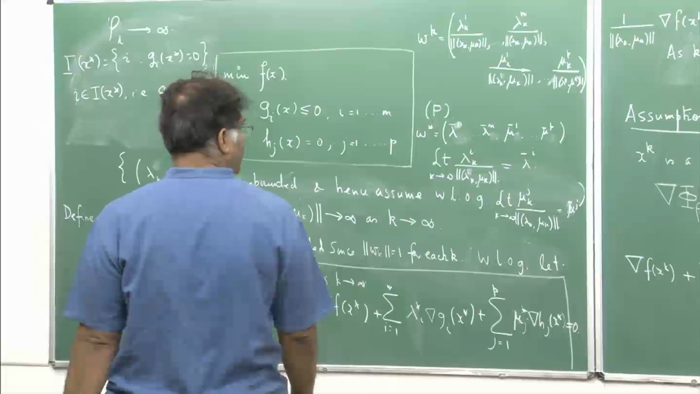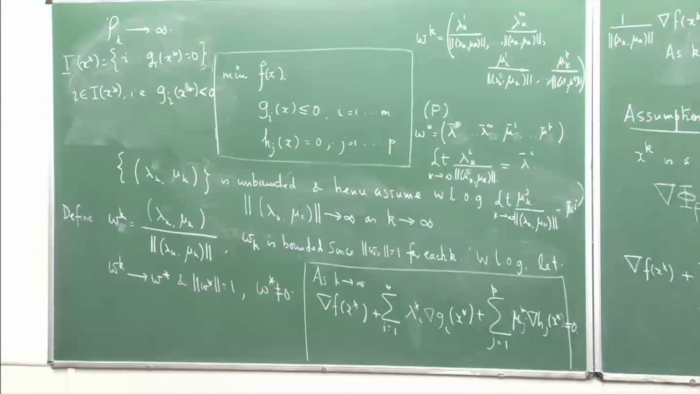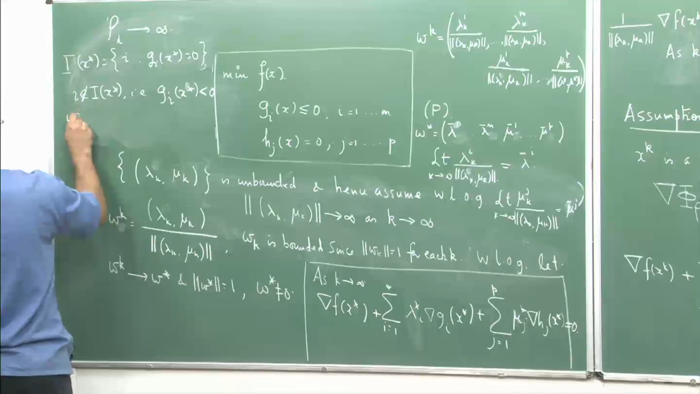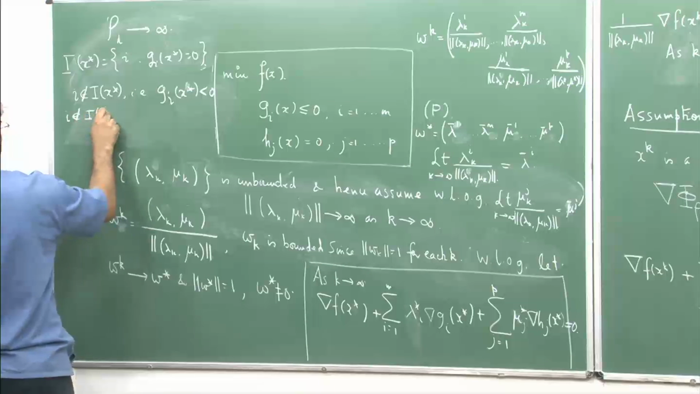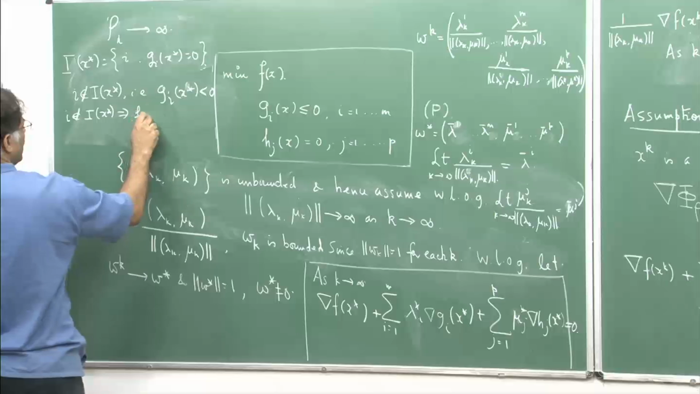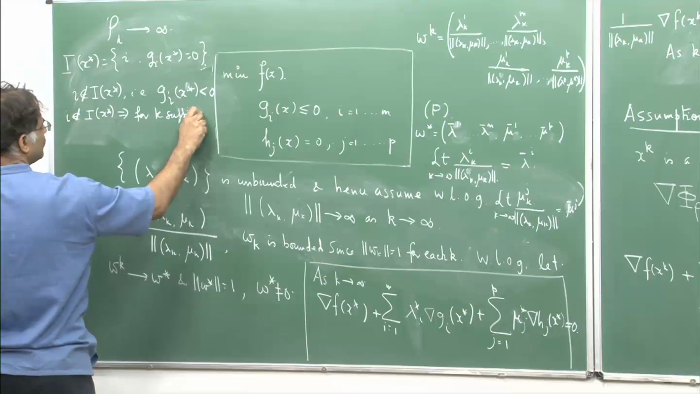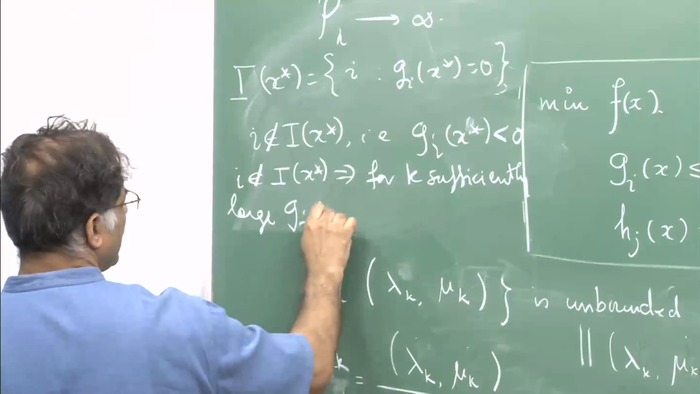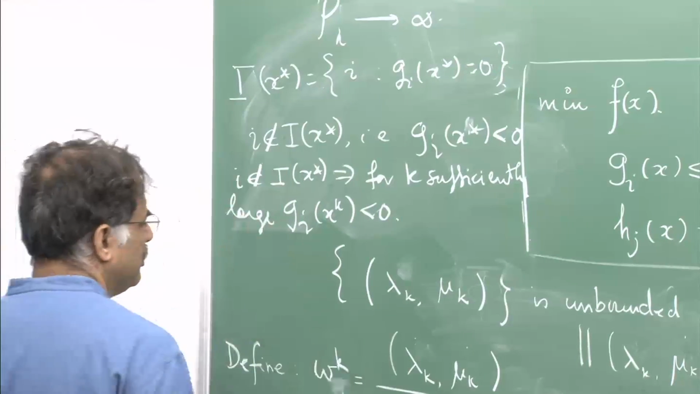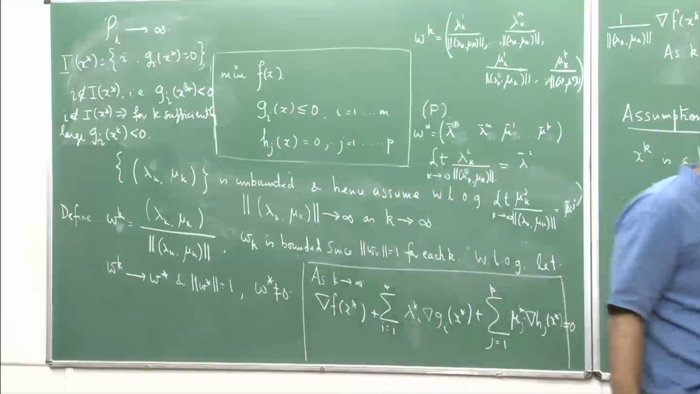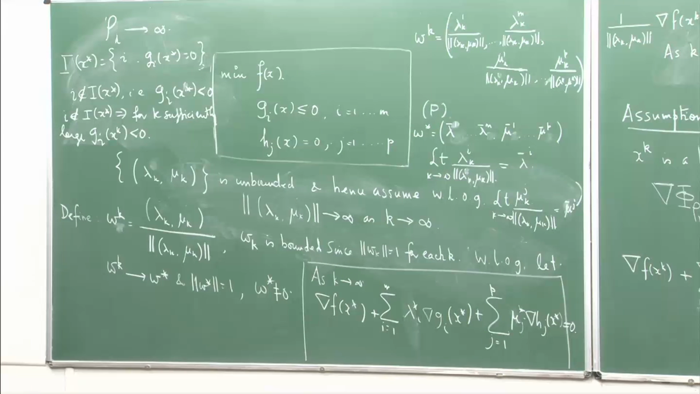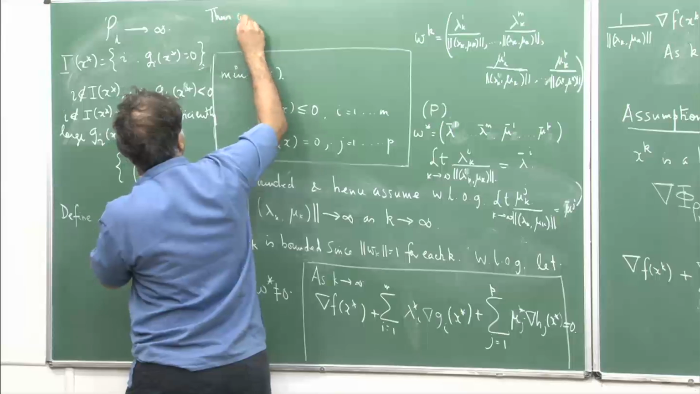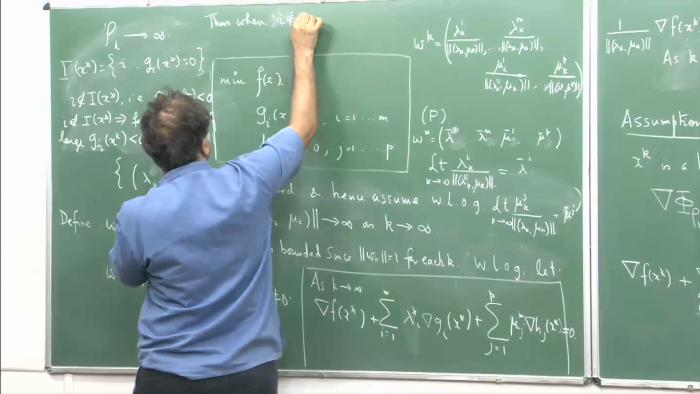So, which means for k sufficiently large, whenever i is not in I(x*), it implies that for k sufficiently large, g_i(x_k) is strictly less than 0, is also inactive, which means thus when i is not in I(x*),